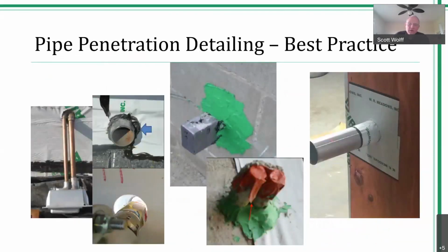Pipe penetrations. This is another bone of contention. With all due respect to the Air Barrier Association of America, who accept and allow for the use of a beta sealant around a pipe penetration, I think that's a short-term type of solution. The reality is that a beta sealant is going to make contact with a quarter inch of the pipe, conceivably, and a quarter inch of the substrate. At some point over time, potentially that beta sealant might dry out and pull away, resulting in a whole unintended opening. Liquid flashing would certainly be a better approach, but in my opinion, the best practice would be what we see on the right,